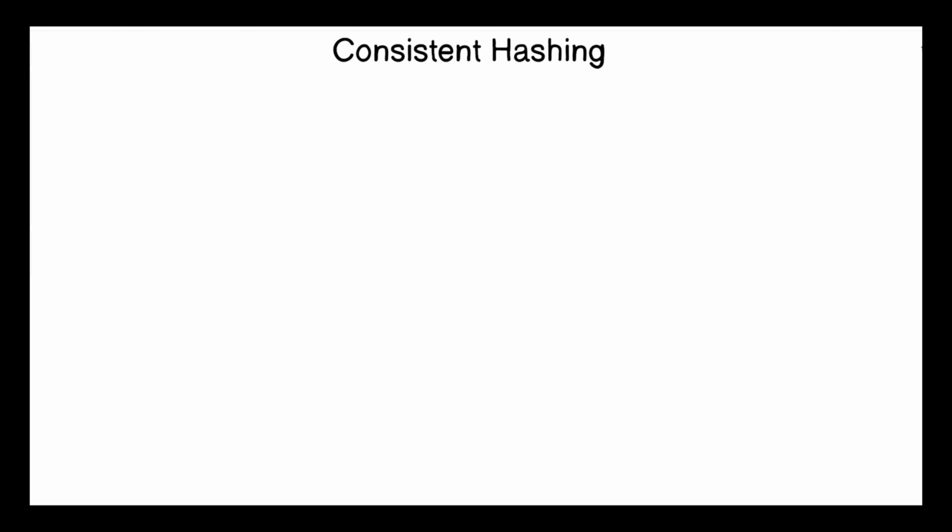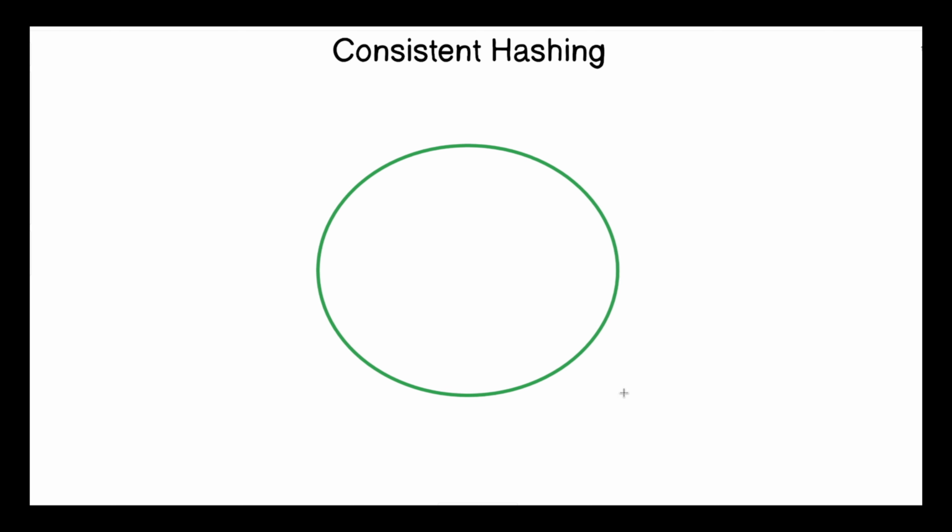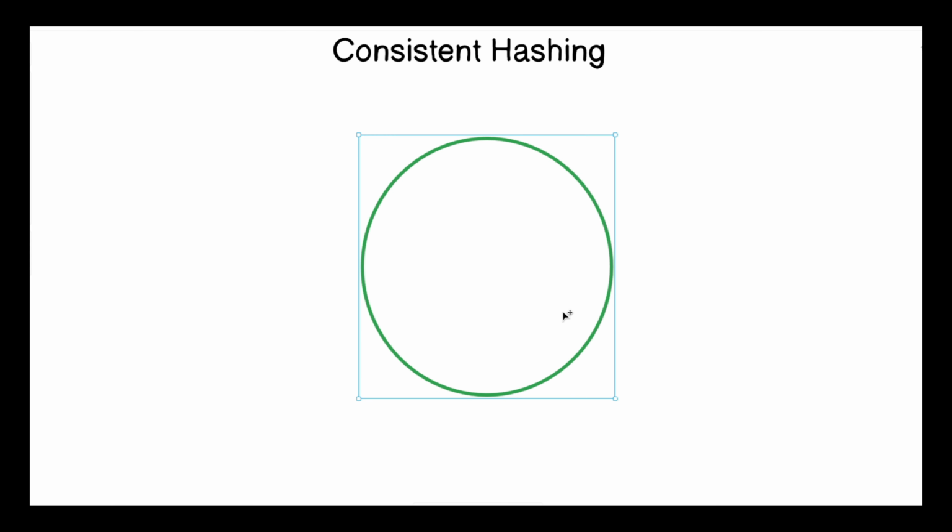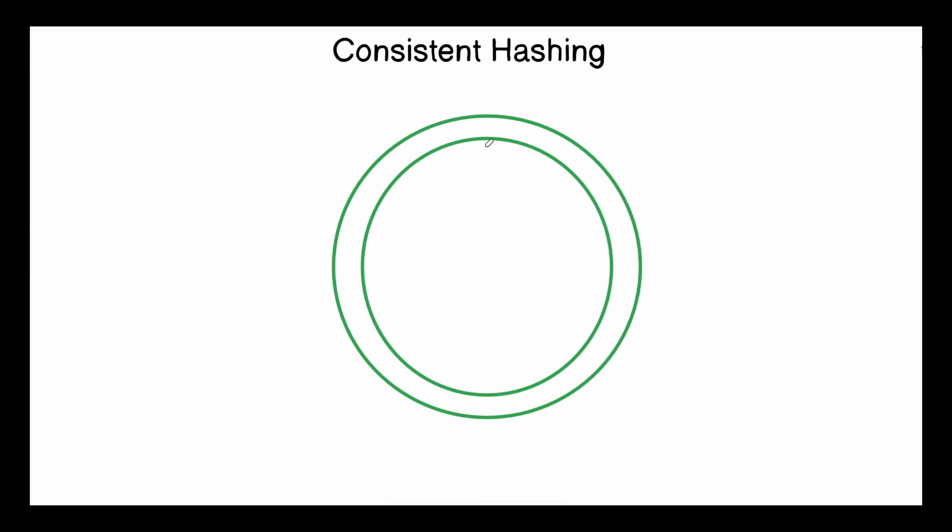In the consistent hashing algorithm, we hash both servers and data points and place them on a ring-like structure. So what we do is create a ring which has points from 0 to m minus 1, where m is the value that we take for the modulus operation. There could be a detailed discussion on what value to choose for m, but let's assume we have already made that decision. So we use the IP address of the cache servers and hash them, and after hashing we apply a modulus operation which gives us a value from 0 to m minus 1.